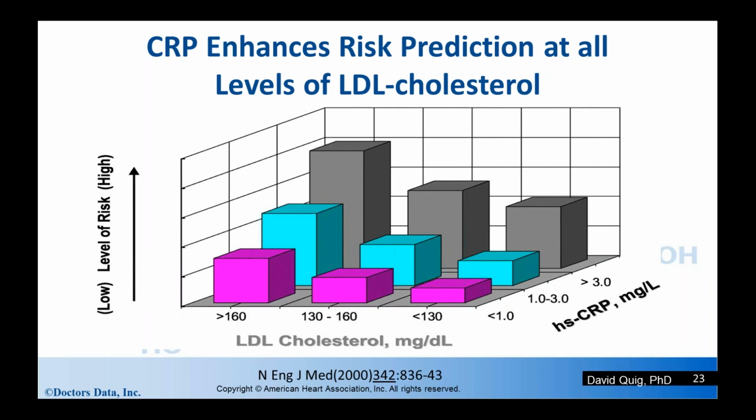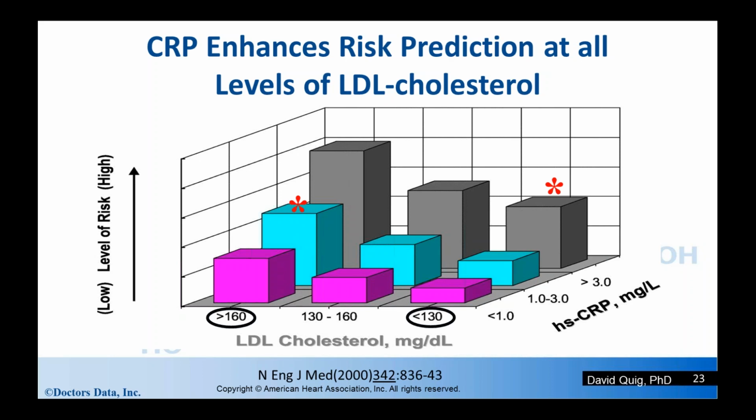Now, as with oxidized LDL, CRP and metabolic syndrome, CRP enhances the risk prediction at all levels of LDL cholesterol. So we see over on the left, going from low to high, the level of risk for cardiovascular disease. And across the x-axis, we go from very high to low levels of LDL. And then going across the axis on the right, we go from low to moderate to elevated CRP. And you can see at all levels of cholesterol, even very high or very low, as we increase the level of CRP, we increase the risk for